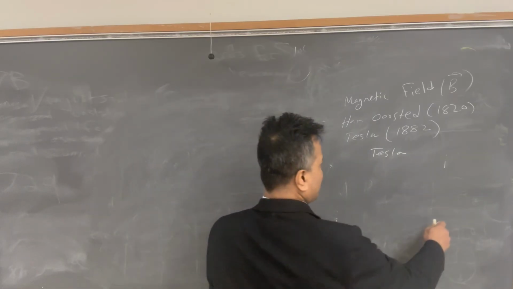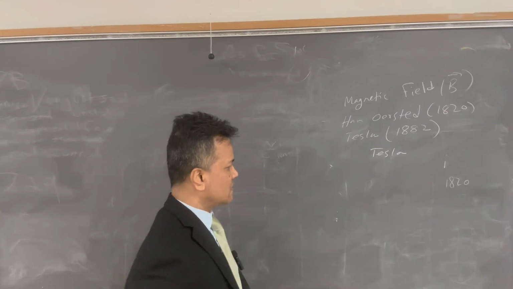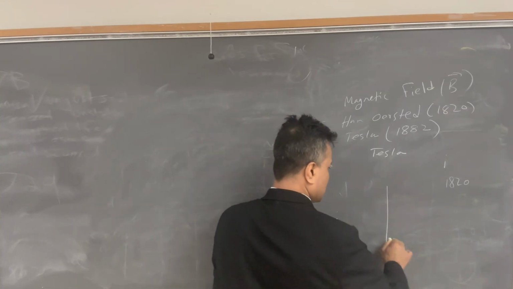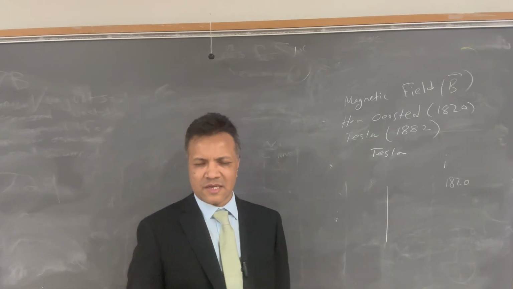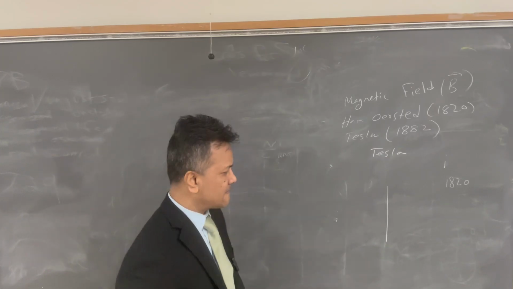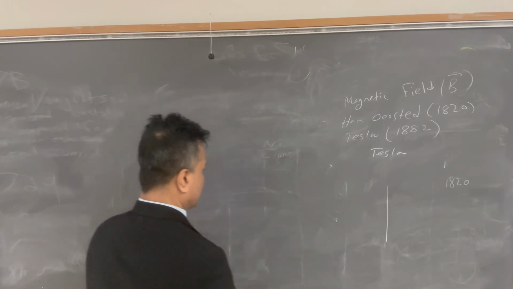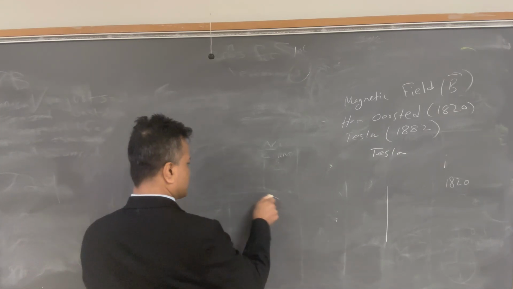One day, in 1820, Hans Ørsted was trying to demonstrate something. He was a physics teacher. He was trying to demonstrate how he can place the current in the wire. Okay, good. So how can you place the current in the wire? You can do it many ways, but